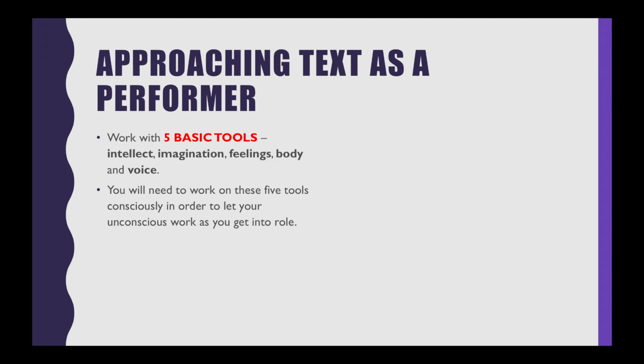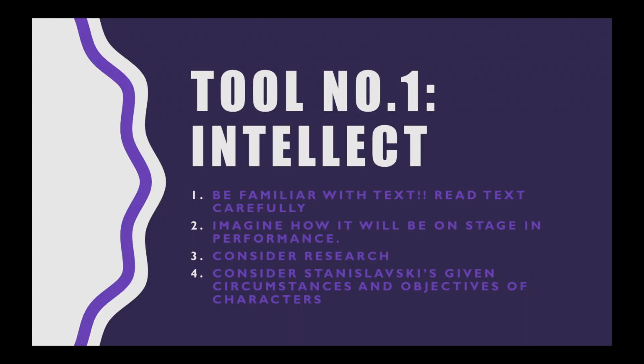When approaching the text as a performer, you have to work with 5 basic tools. These are intellect, imagination, feelings, body, and voice. You'll need to work on these 5 tools consciously in order to let your unconscious work as you get into the role. Tool number 1, intellect. This involves being familiar with the text, so reading the text very carefully, imagining how it will be on stage